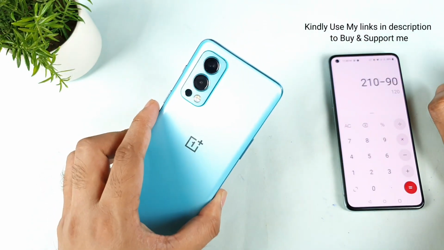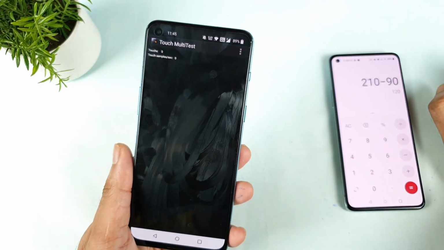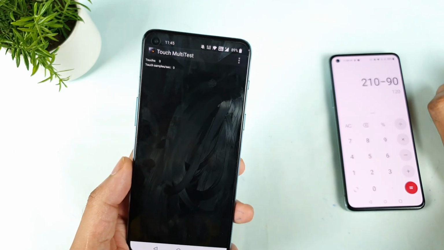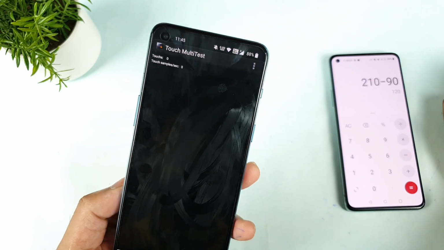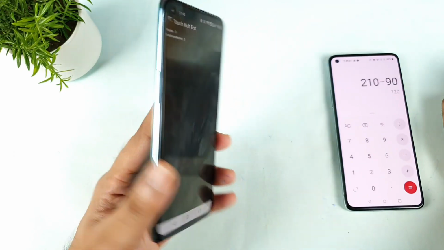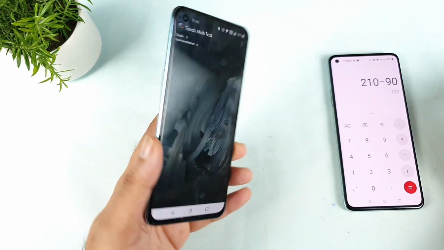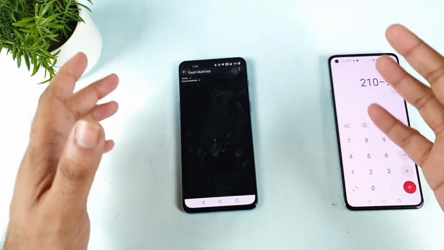That's the sad part, because the OnePlus Nord CE has 180 Hz touch sampling rate by default. I used that phone and uploaded a couple of videos as well; you can take a look at those videos. Same application I tested, but different results. I'm not sure why this UI is restricted in terms of not having a higher touch sampling rate. Maybe because of OxygenOS and ColorOS mixing in this phone. Because I did not face this in any other OnePlus phone.